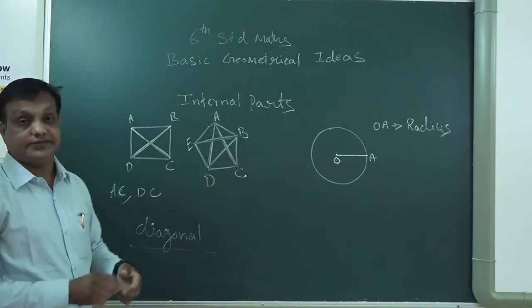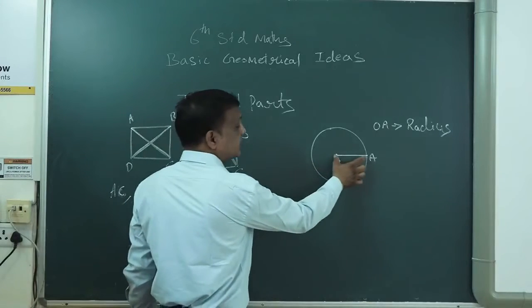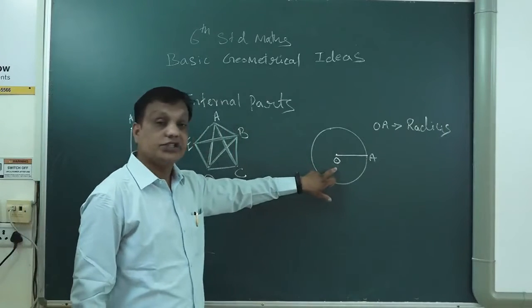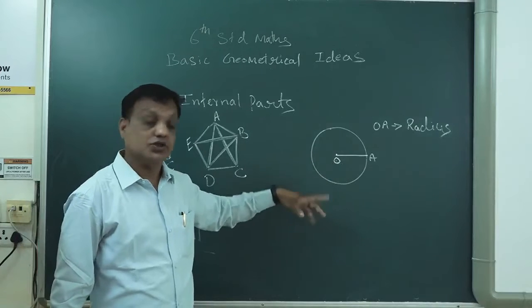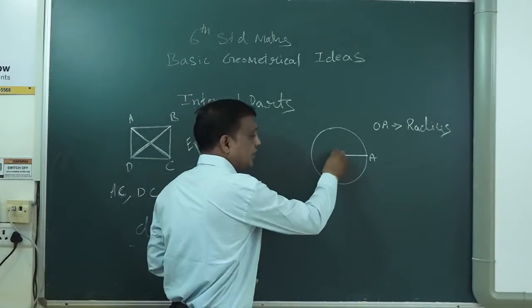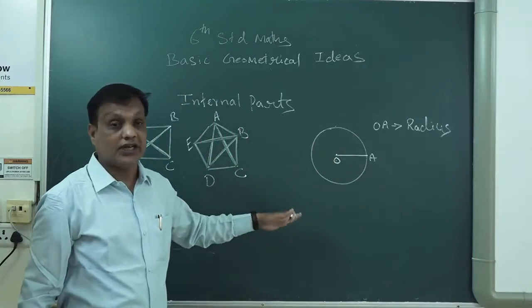Now we will see the radius of the circle. What is radius? Radius is the internal point. The radius is required to draw a circle. Without radius we cannot draw a circle. So this is what? Radius, OA. So there are infinite radius in a circle. So just I showed one radius. If you draw more line from the center, from here to here, here to here, so that all are the radius.